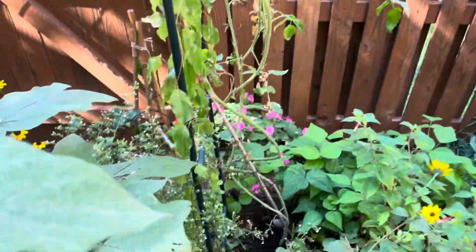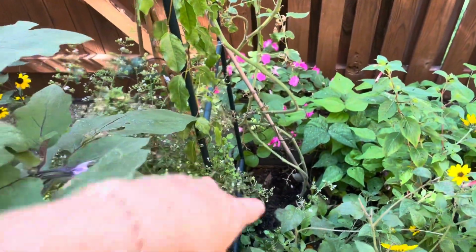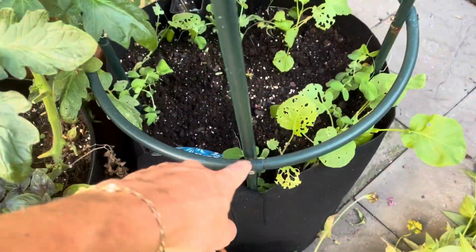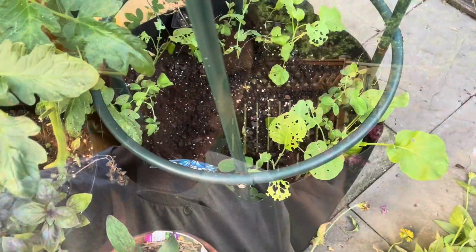All right, so we got the peas in here. There's a few over here, a few on the other side, and then I planted 3 at the base of each of these pillars in this trellis. These are definitely ones that typically don't enjoy having their roots disrupted a lot, so I typically just direct sow them. But as I said in the video where I started the seeds,